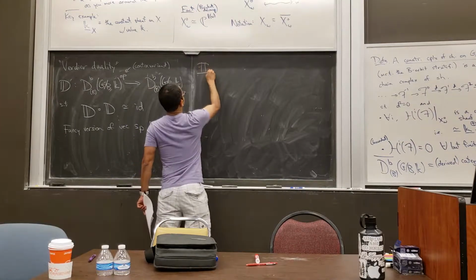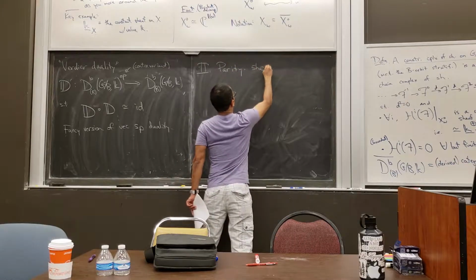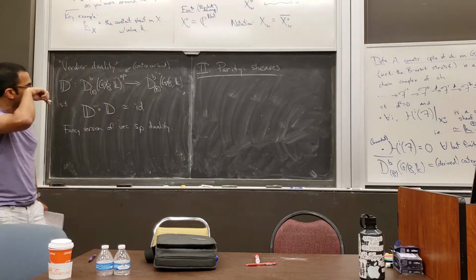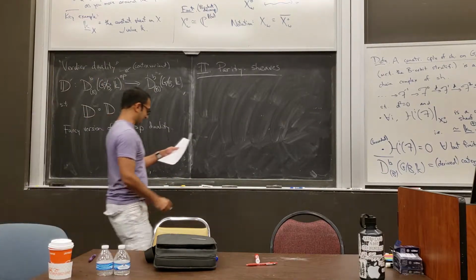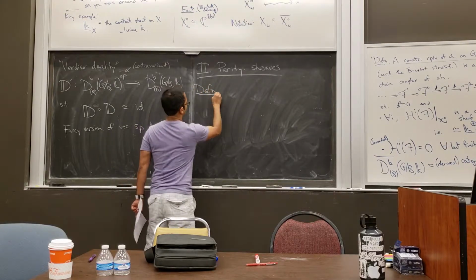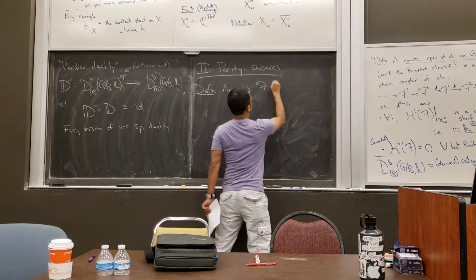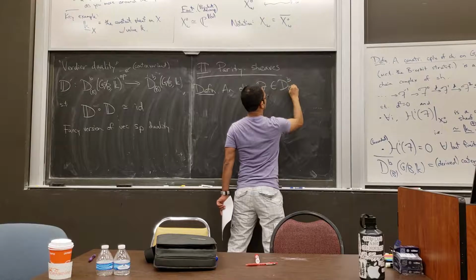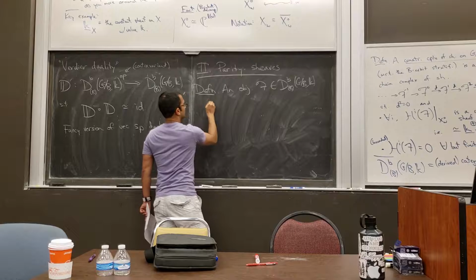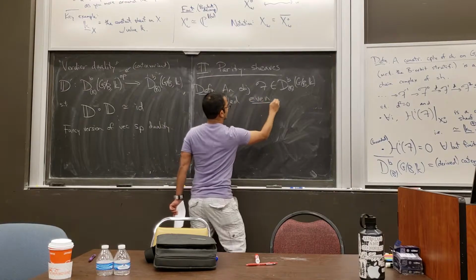So here's part two of the talk. Parity sheaves were one of the ingredients in the title of the whole mini course. So here's a definition. An object F in this derived category is called even if,